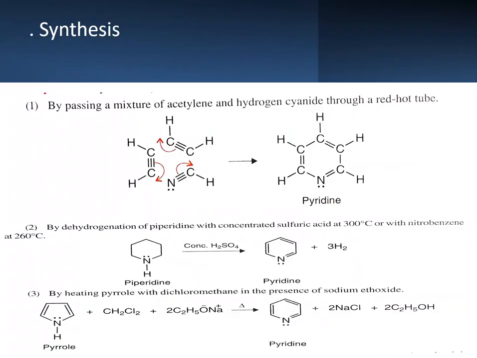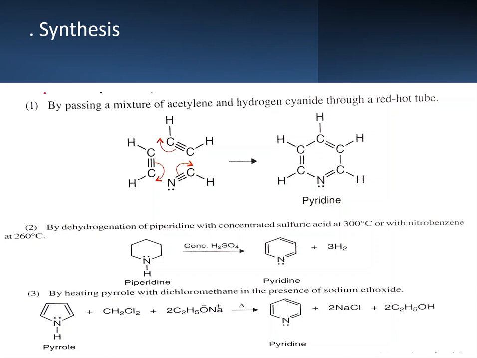Other methods are, like you take acetylene, you treat it with hydrogen cyanide, HCN. You take 2 moles of acetylene and 1 mole of hydrogen cyanide. You heat it in a red hot tube, high temperature. It undergoes fusion condensation to give your pyridine. Next method is